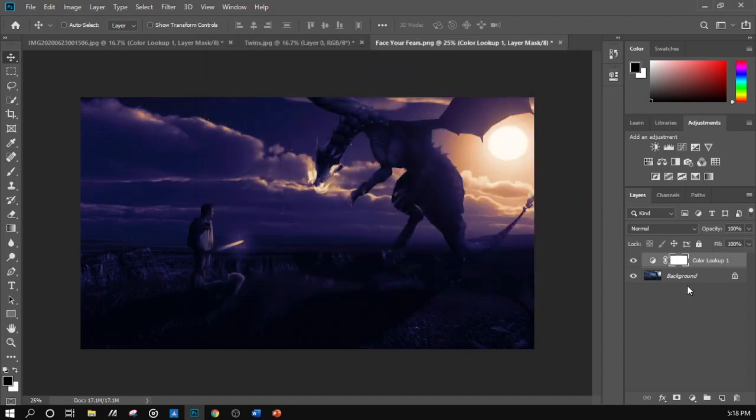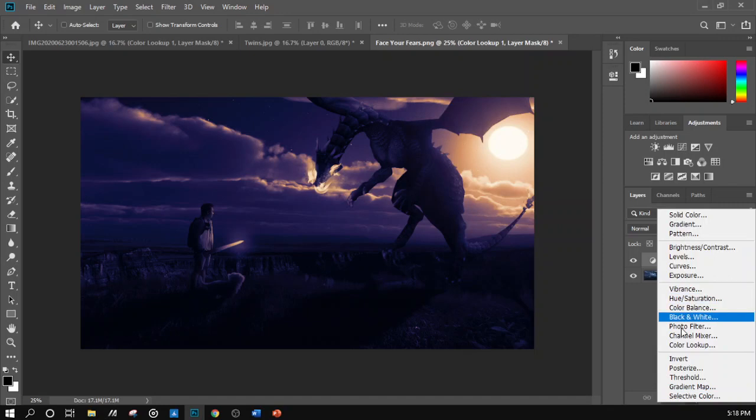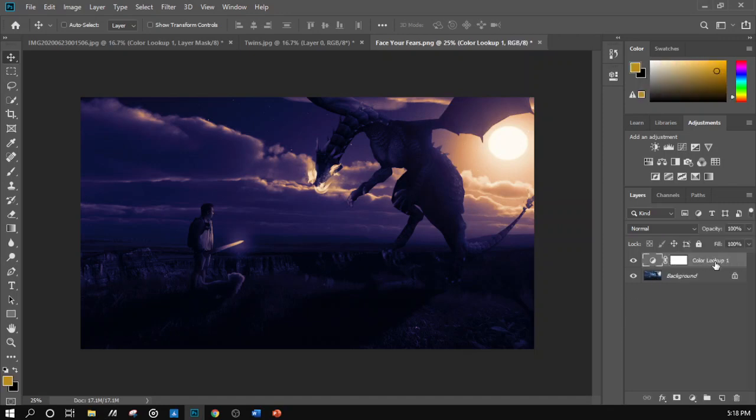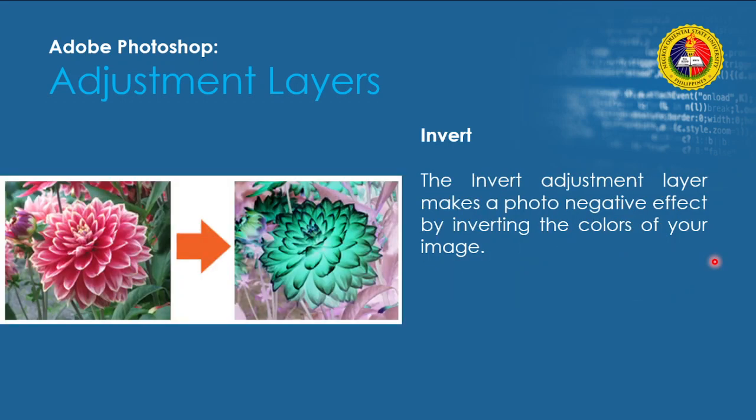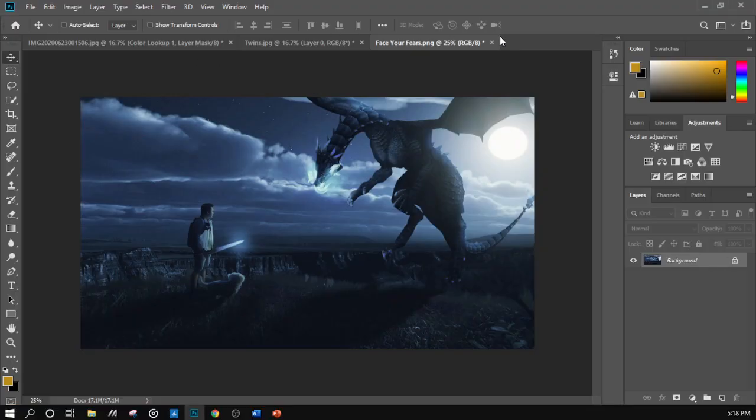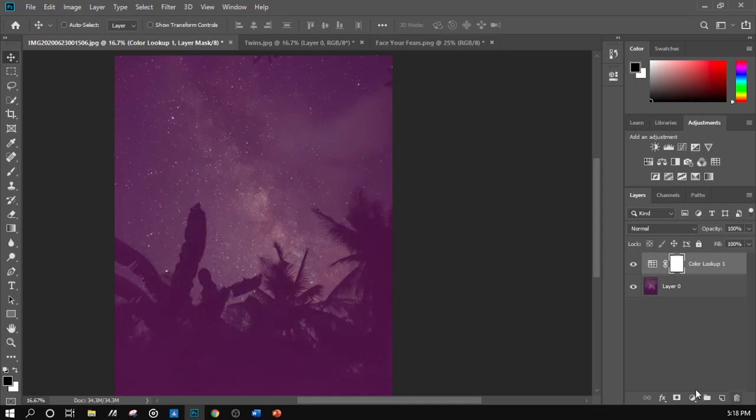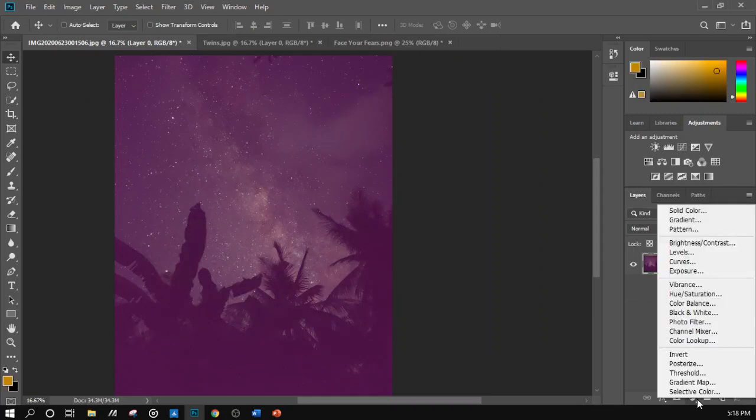Okay, so that's it for the color adjustments. Let's proceed to the next. Let's just remove this. Alright, next is invert. The invert adjustment layer makes a photo negative effect by inverting the colors of your image. Okay, let's close this. Alright, so for example, if you wanted to give your design a